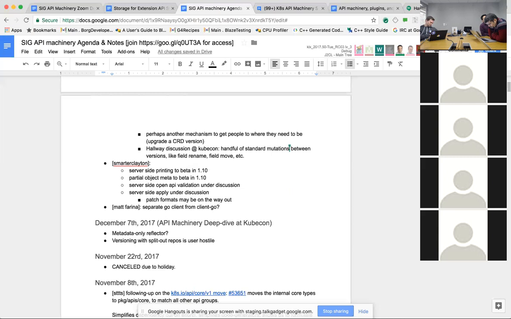A lot of the things we're trying to move logic to the server, like server-side printing and server-side apply, and so it is dealing less and less with types and more with unstructured data. And so you want me to create something? All right, I'm going to decode this and post it up and then deal with the status I get back. And so you can actually already do that with client Go with unstructured objects, and you lose the niceties of the Go type system, but you gain insulation from changes.